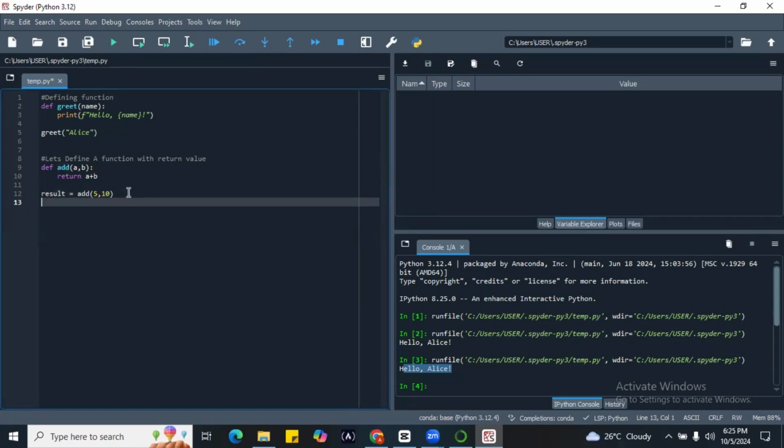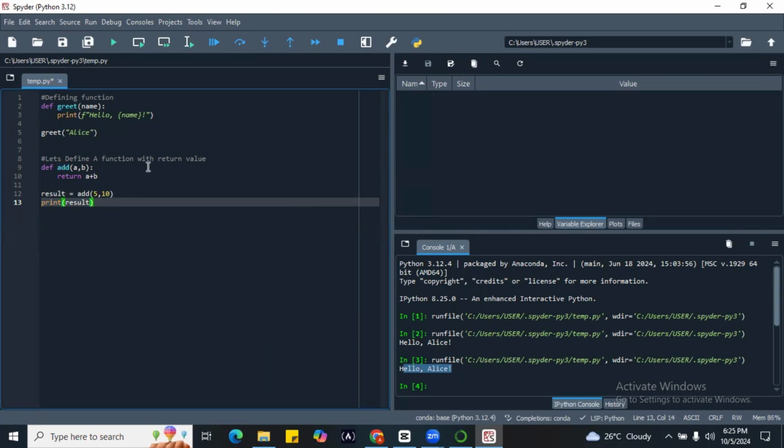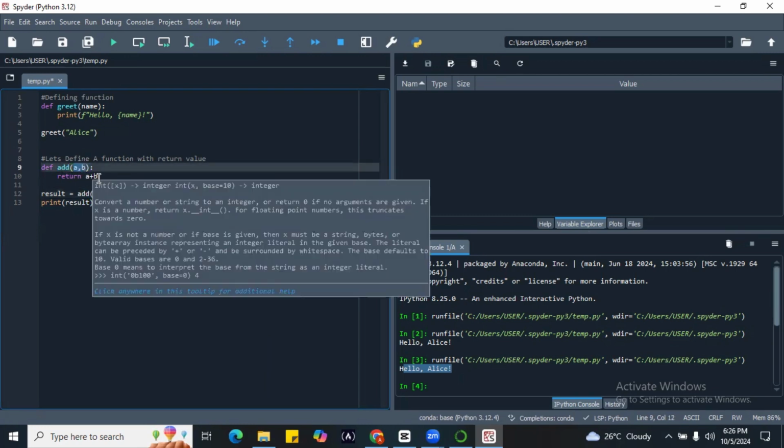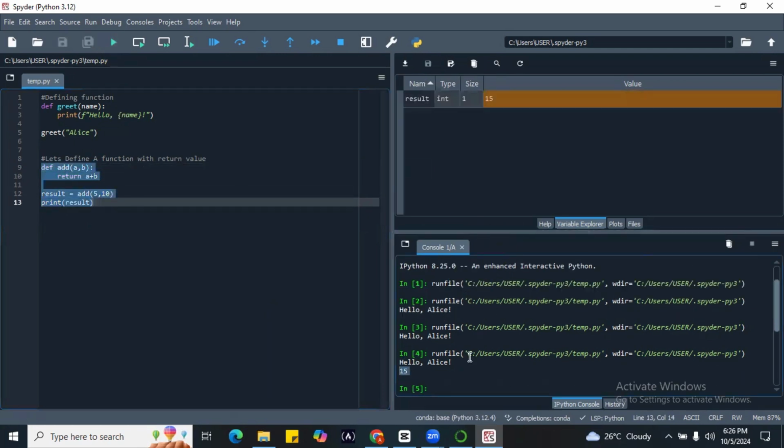So all we need to do now is to say it should go ahead and print the result, to print that variable. It's going to print the result of this, but the result is directed by the function that we have defined, as well as the return value of this function. So if we go ahead and run this, you will see that our answer here will be 15, because 5 plus 10 is